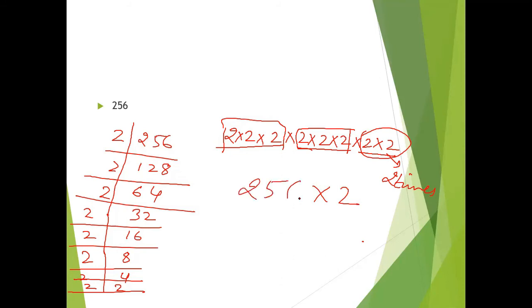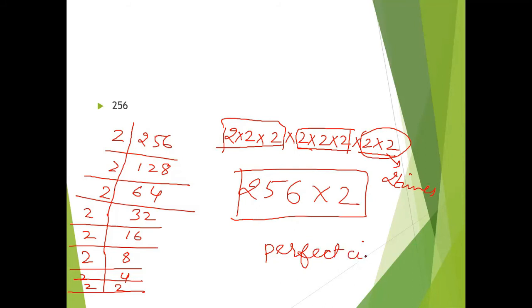So when we multiply 256 by 2, it will be a perfect cube. So answer is 2. What will happen when we multiply 256 with 2? We will get 512, that is perfect cube of 8. Okay. Now moving to our next example,